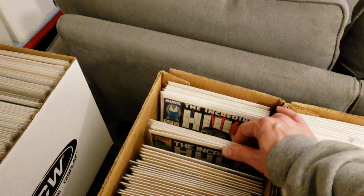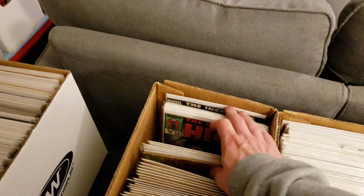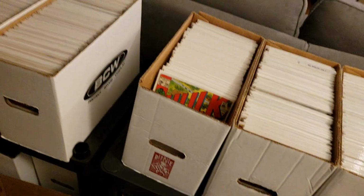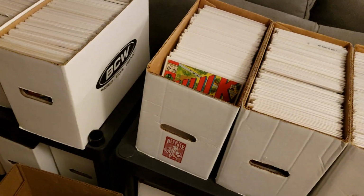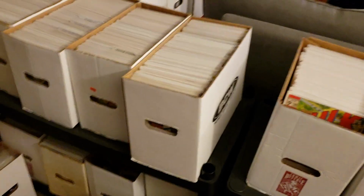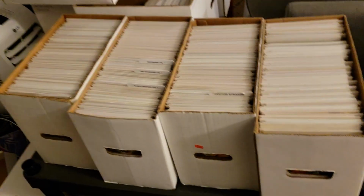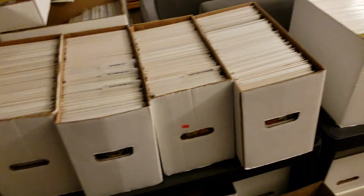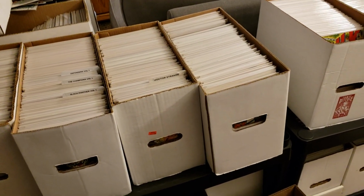Most of these are from when I was a kid. Obviously in the late 80s was when I was heavily collecting. Late 80s, early 90s. But again, I can't finish it. There's no way I'm getting Hulk 181, even Hulk 180 at this point, I'm sure. So I would love your guys' advice, some feedback on what do you guys think would be a run or a couple runs that you think would be feasible for somebody on a budget,